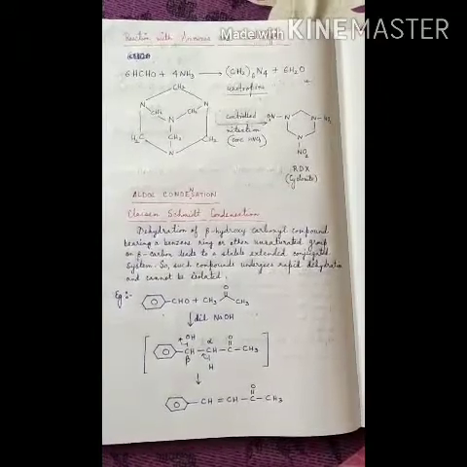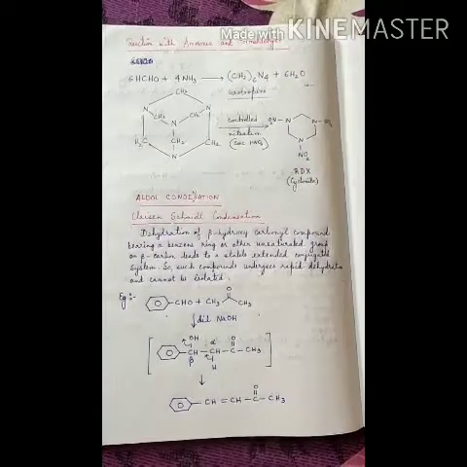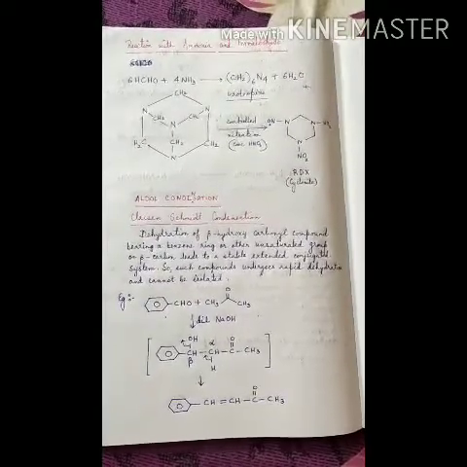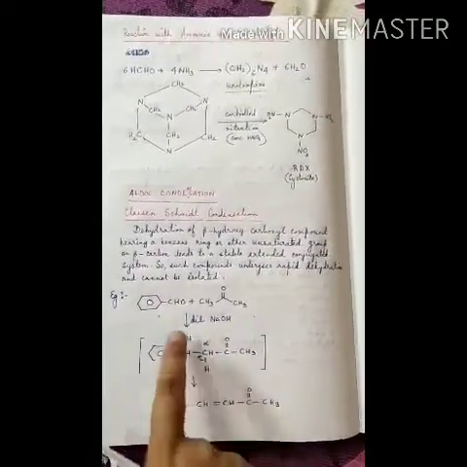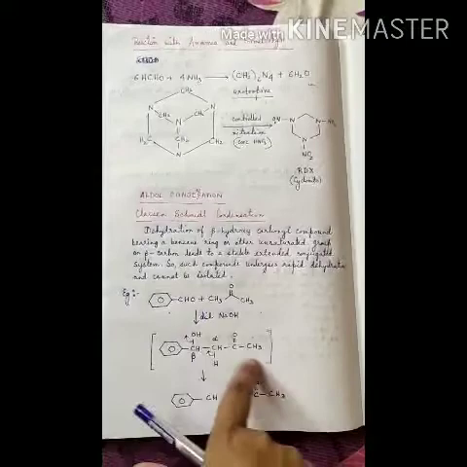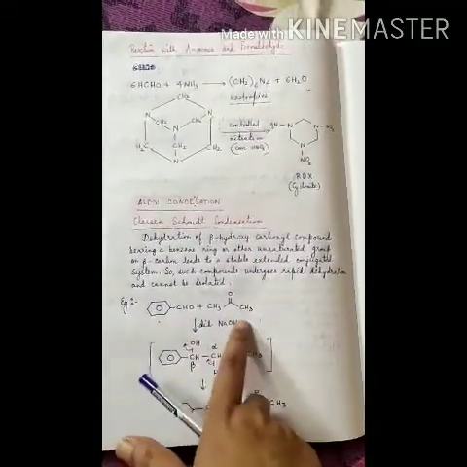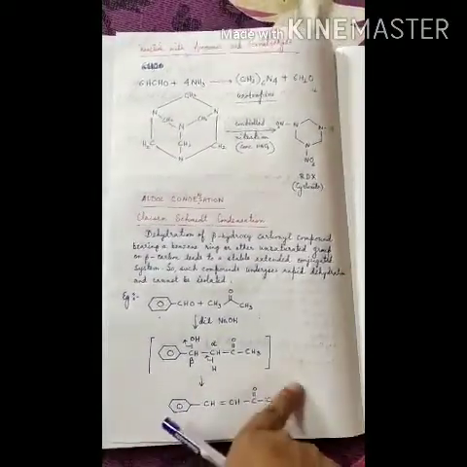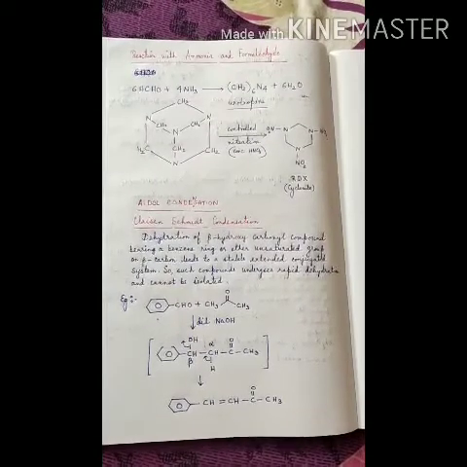So this type of reaction is called the Claisen-Schmidt condensation reaction, where on the beta carbon atom there will be a large conjugated system or a benzene ring. I have given here only one example, the reaction between benzaldehyde and acetone, and the unsaturated compound that we are getting here. The mechanism is the same as that of the aldol condensation.